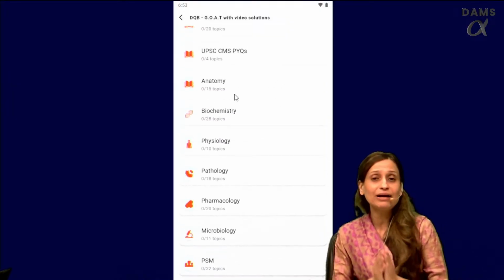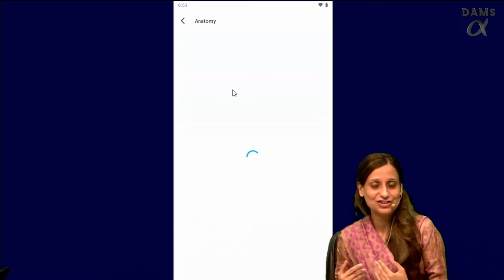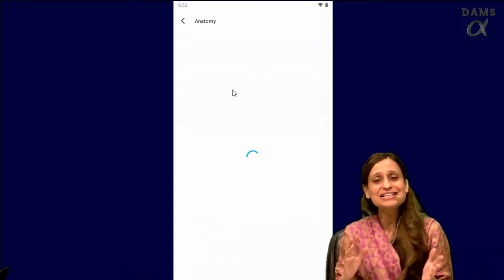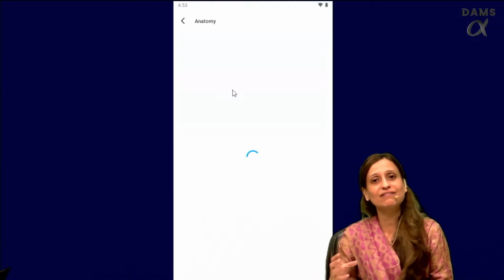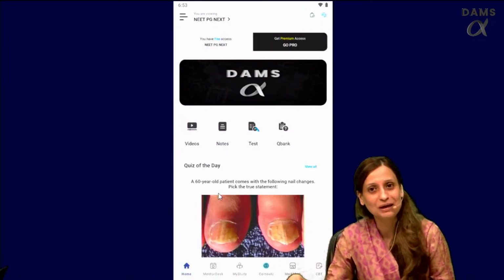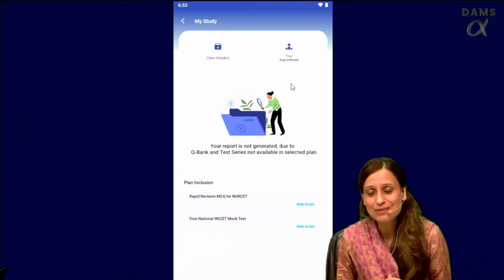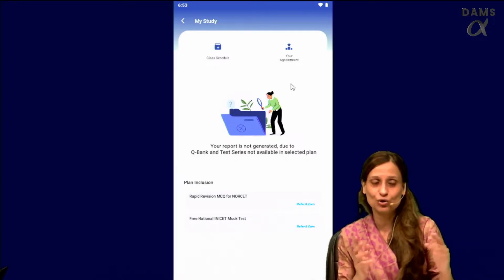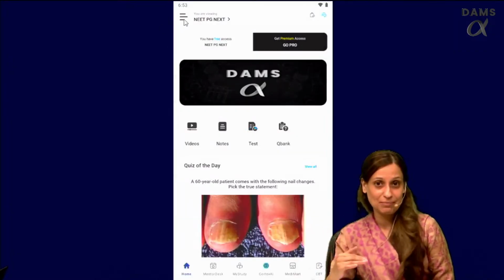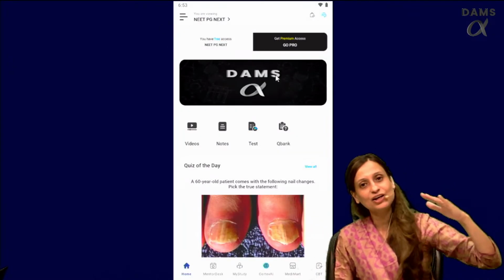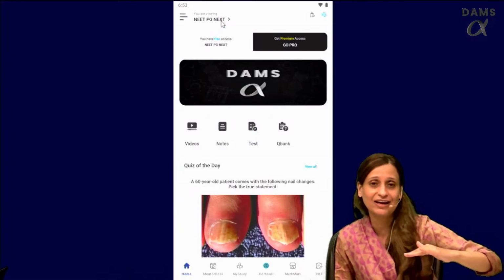So we would recommend that when you are going through a particular lecture in the B2B, at the same time, concurrently, you should try and solve the topic-wise MCQs in DQB, right? The DQB has various types of MCQs. It also has PYQs, and PYQs are put separately, for example, INICET PYQs, NEET PG PYQs, UPSC PYQs, FMGE PYQs.